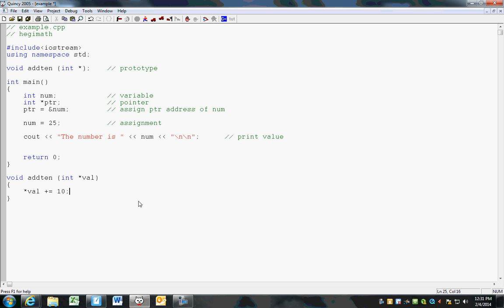Let's look at a smaller sample function here. In this case, I've taken a shell of a program and I've created a function. I'm calling it add10. All it does is take a value and add 10 to it. Now look up here in the prototype. First of all, it's a data type void. I'm not going to return a value. The value will automatically change because I'm using